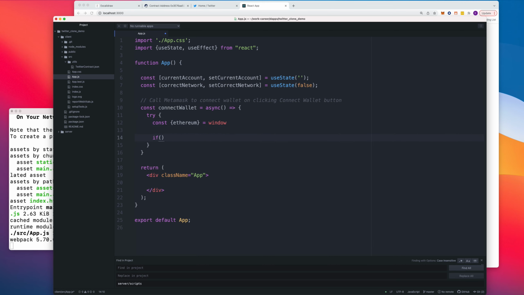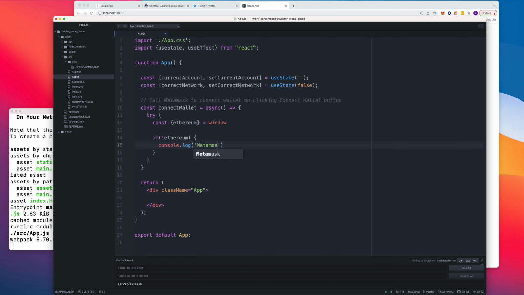If Ethereum is not there, we just do a console.log, MetaMask not detected, and return. If it does exist, then we check whether the